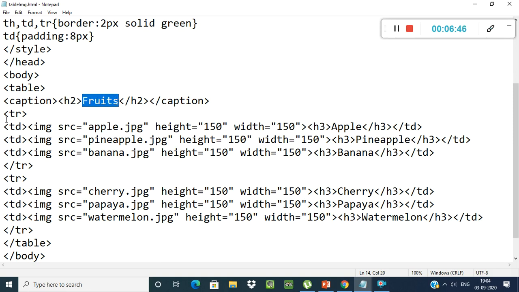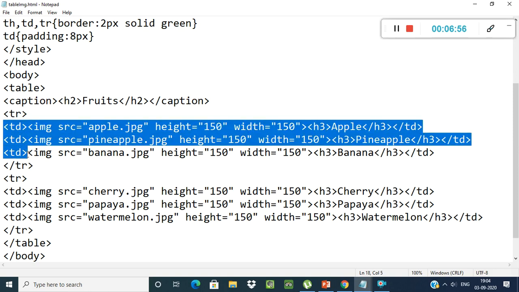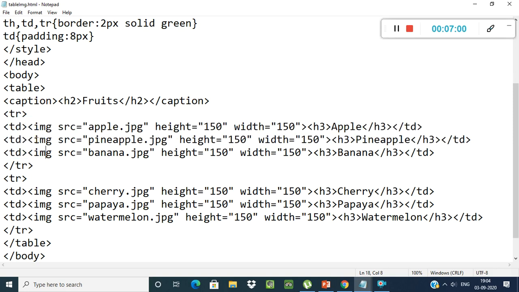Now after heading I open my table row. After opening the table row I created 3 columns in one row. First is image src, you have to put an image, right? So you have to give this tag, image src is the tag with which you can put your images.